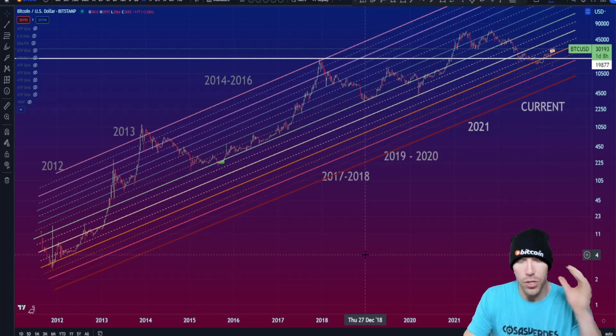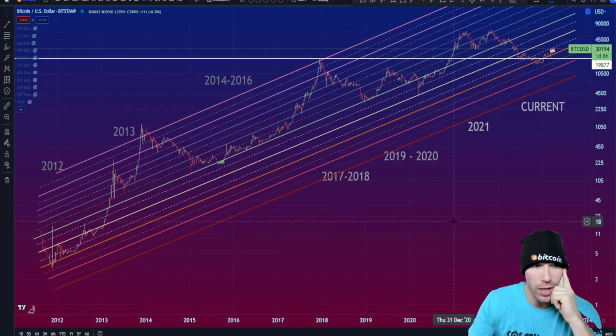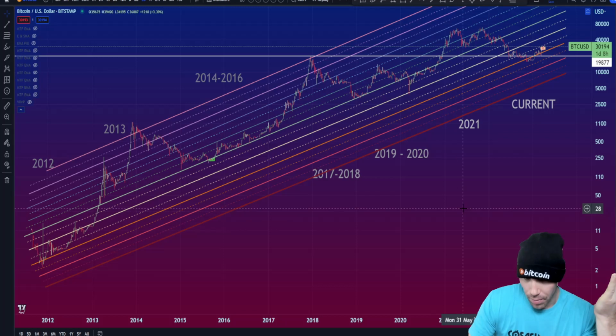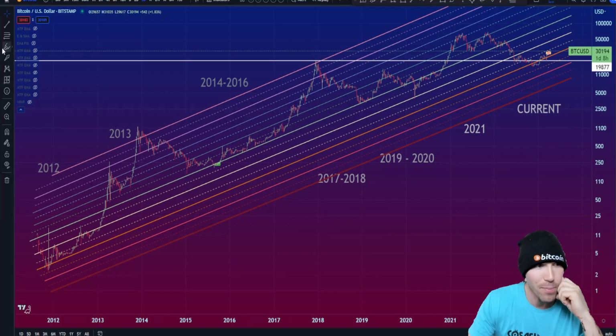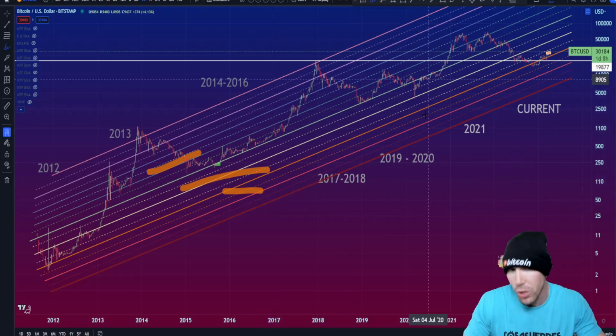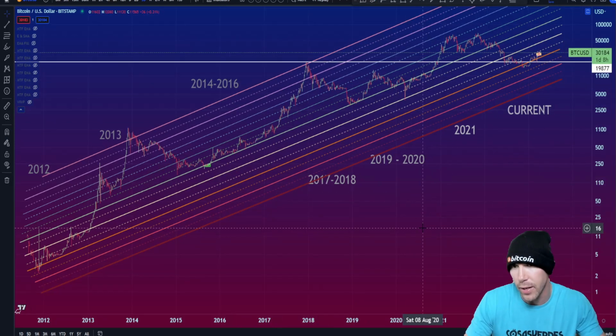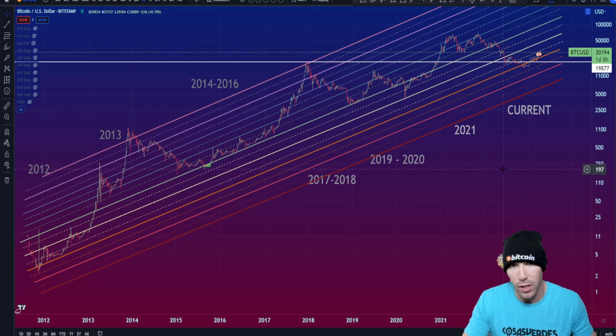I've gotten a lot of questions about whether or not Bitcoin has broken origin line rules. I'm going to show you on this chart. TradingView very recently kind of messed up my lines a little bit, so I don't think they're going to be perfect, but I do have a couple of charts with origin lines, so let's go see. I haven't pre-planned any of this. I simply want to dive into it and show you where Bitcoin is per the origin line rule, since I've gotten a lot of comments on that.